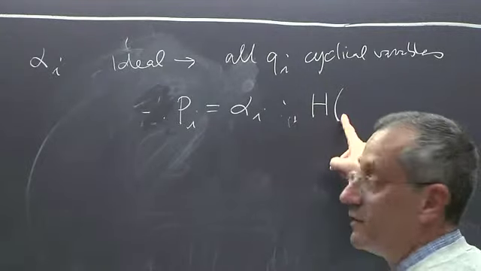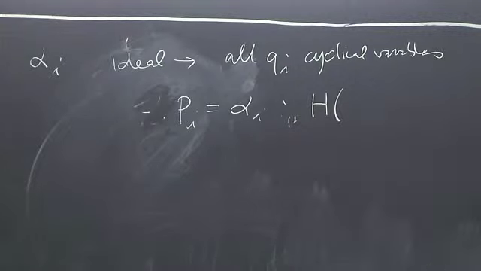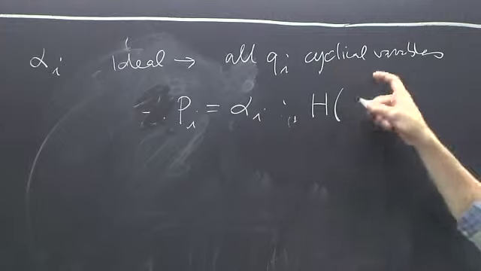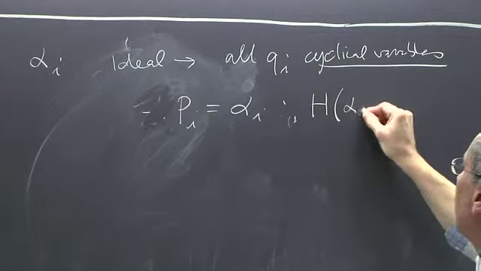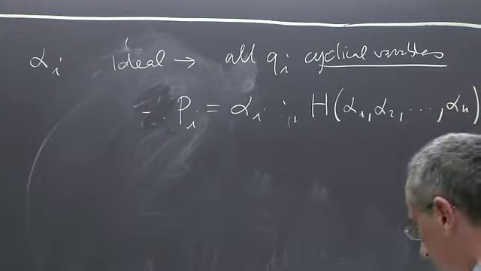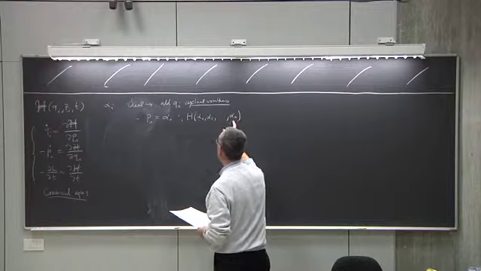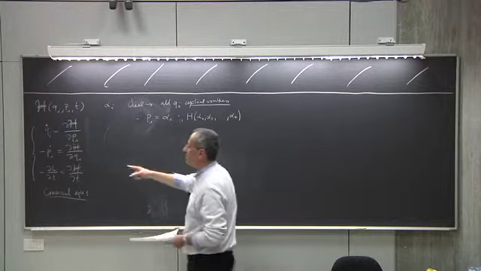So it's not a function of the Qi's, because by assumption it's not, otherwise they would not be cyclic. And therefore it's a function of alpha 1, alpha 2, alpha n. These are all constants. This is a constant. What happened to the Hamilton